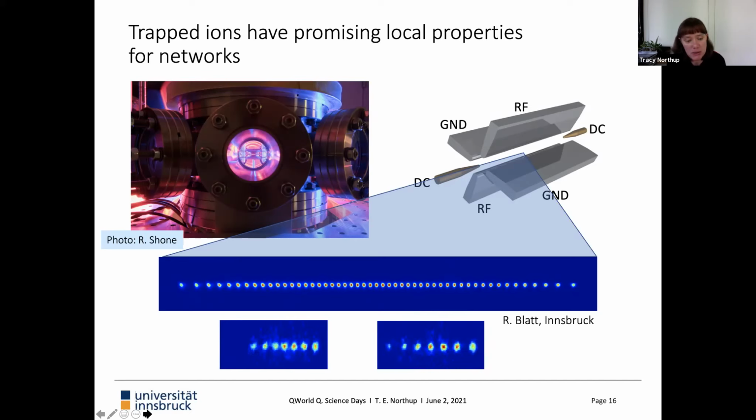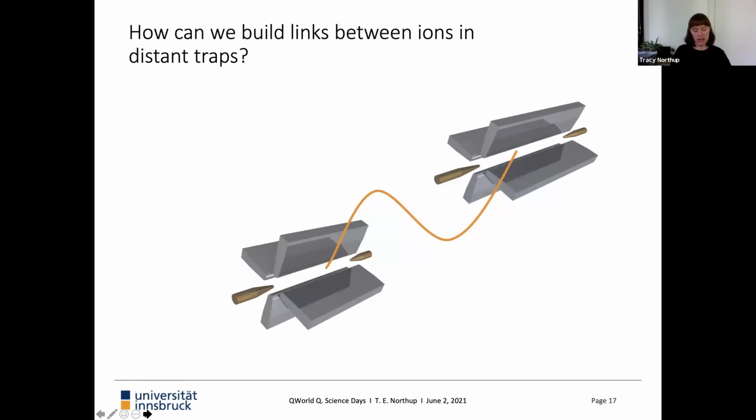Here, what you see, also from Rainer Blatt's group, are 2 images looking at the shared motional modes. On the left-hand side, we have a center of mass mode of this crystal of ions, and on the right-hand side, a stretch mode. These are the ions as coupled oscillators seeing this shared potential. These are the modes that we take advantage of in order to perform gate operations on the ions. That is, we take advantage of the fact that we can couple the electronic structure of the ions to the shared motion in the trap potential. So that's a picture of ions in a single trap.